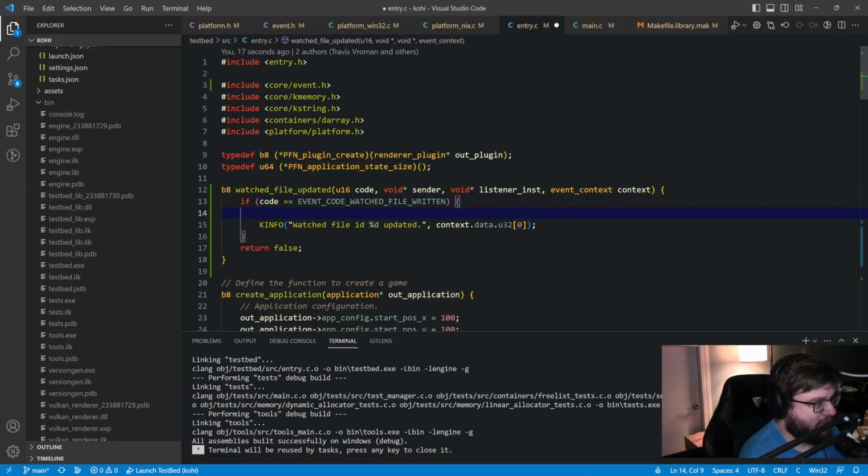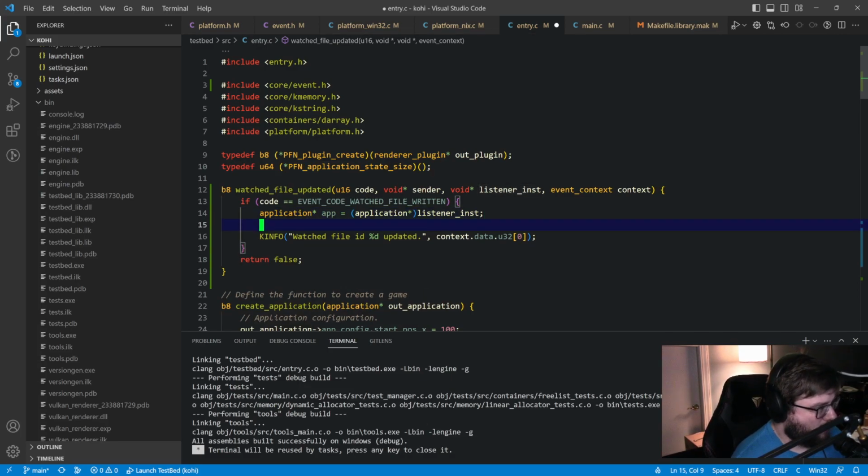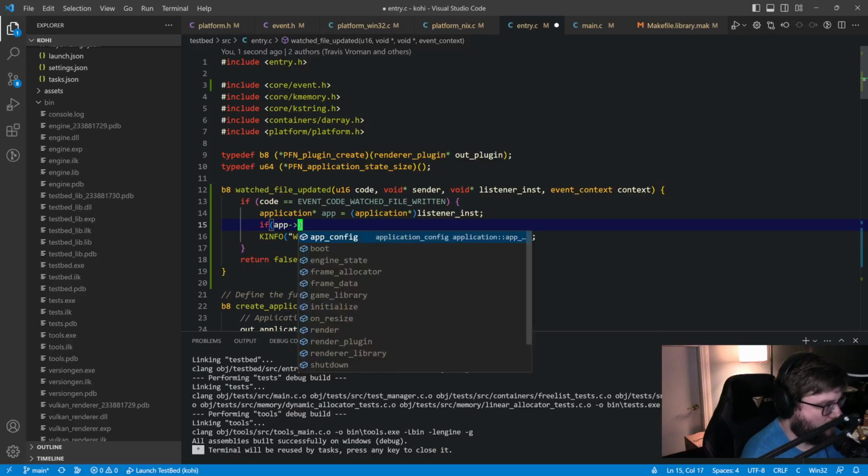If that's the code we're looking for, we will say application app equals listener inst. We'll cold cast that, right? And then we'll do a check to say if app